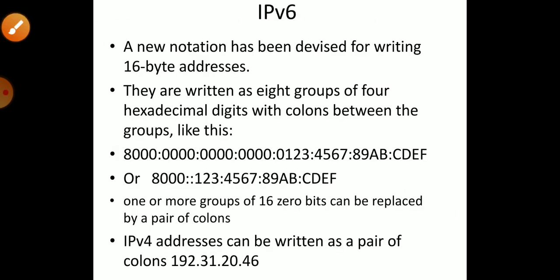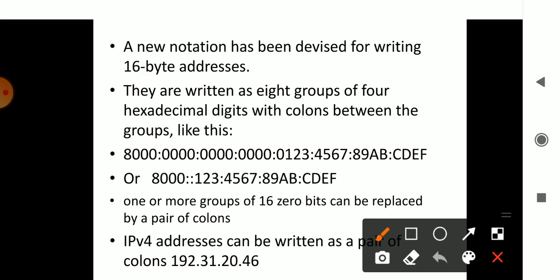Then IPv6 has its own representation, where it has various groups. Let's check how it is considered. It may be replaced with a pair of colons. Colons are the most important one. So when I use colons, what does it mean? If multiple zeros are there, those multiple zeros are represented with colons. It shouldn't be repeated; repeated means it will occupy one colon there. That is managed in IPv6.